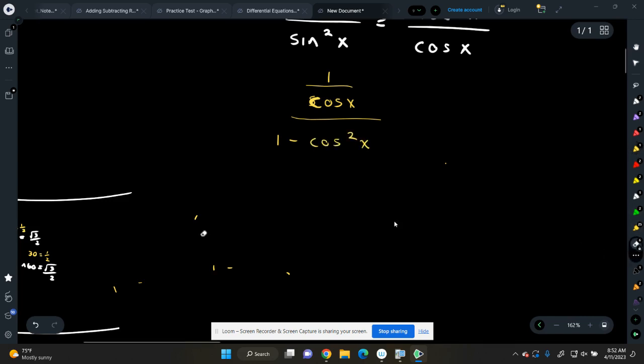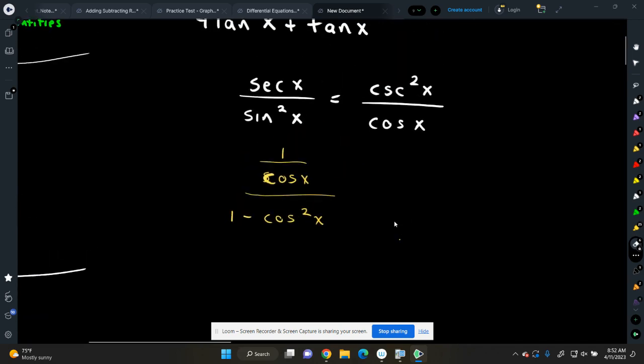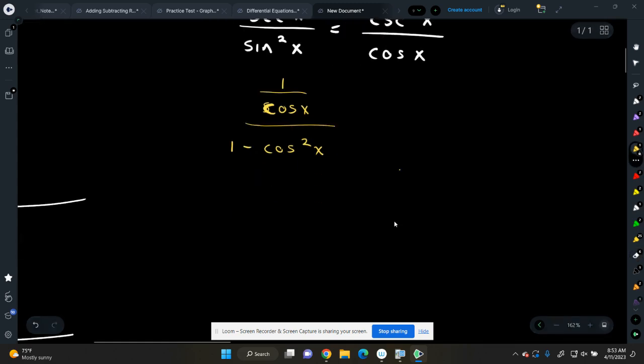Okay. So I haven't done anything to the right side yet, but I do notice, I feel like I'm on the right track because this is cosine over here. Now at least I've got things in terms of cosine, all right? So I'm still working on the left side. I'm going to rewrite this as 1 over cosine x times, right? This is a fraction within a fraction, so this will be times 1 over 1 minus cosine squared x.